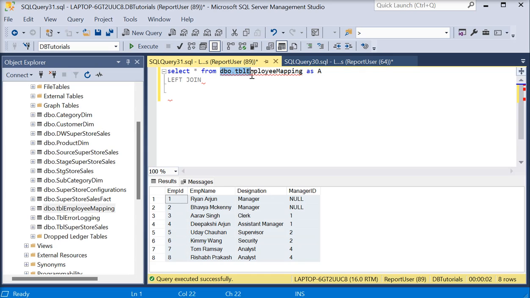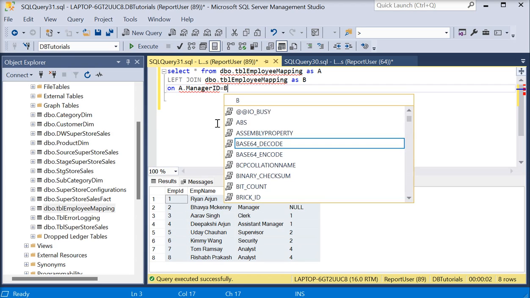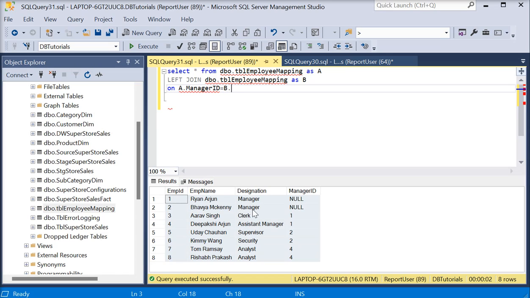So I am going to use the same table again as table B on that is a dot manager id equal to b dot emp id,